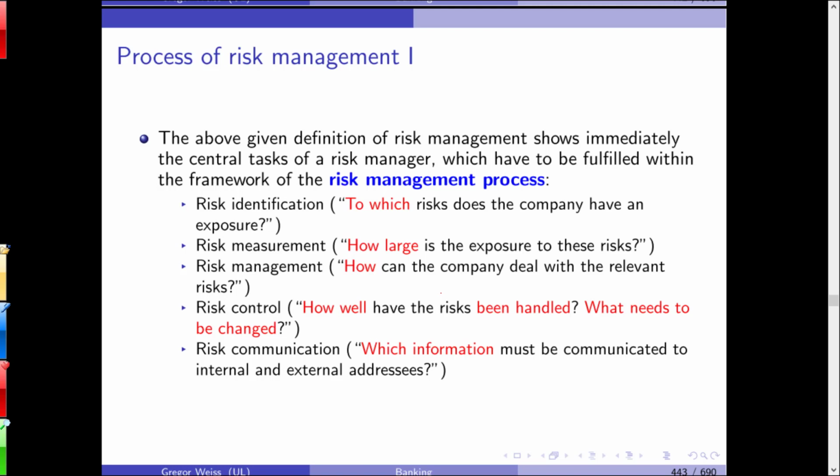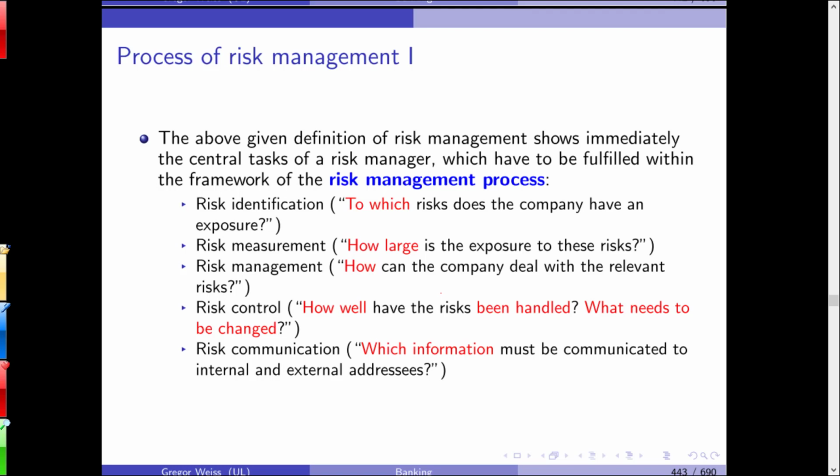And then you need to control it and you need to disclose it. You will need to aggregate this information and tell investors and stakeholders and management about this. The risk management department will tell its chief executive officers, we have a fire risk, but we have it under control. We have measures in place that manage this type of risk, and you do not need to care about this. And you need to make sure that you are dealing with this risk in the most efficient and shareholder value maximizing way.